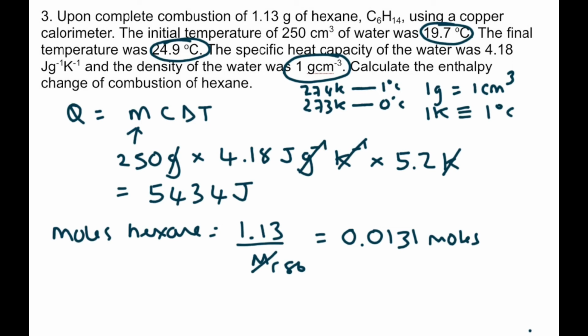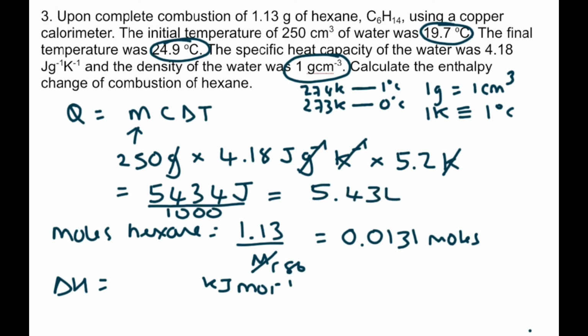Okay, now finally for your enthalpy change, remember that the units of enthalpy change are kilojoules per mole. So we need kilojoules, therefore we need to divide this by 1,000, because then that will give us kilojoules. 5.434 kilojoules goes on the top, and then you divide it by moles. Remember that when you have mole to the -1, that means 1 over moles. So kilojoules divided by moles,